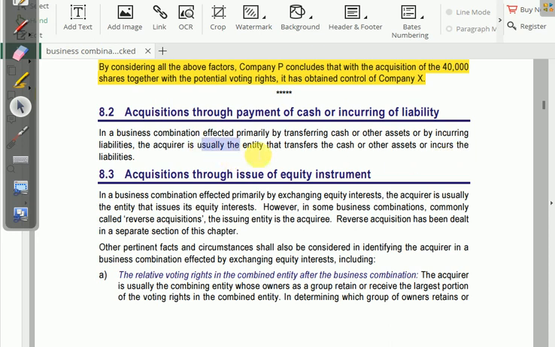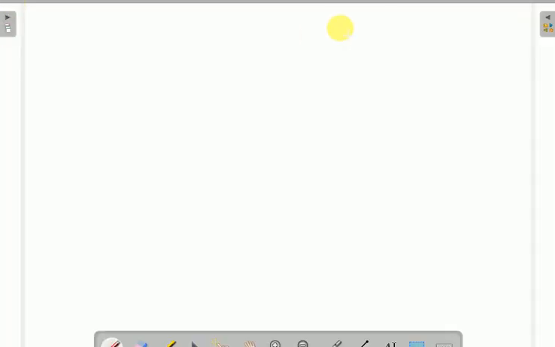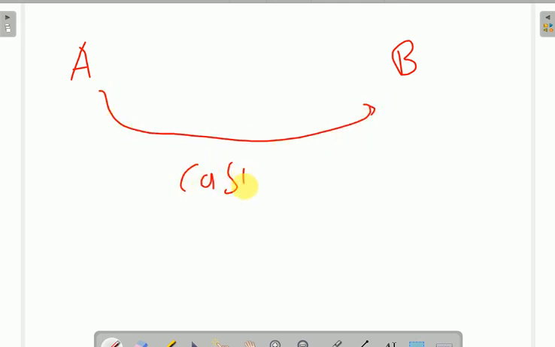यहाँ पर खास यूजुअली लिखा है, देखो, ए ने। इसमें भी आपको एग्जांपल के थ्रू समझाता हूँ। ए ने बी को खरीदा, तो ए ने क्या दिया? कैश दिया, शेयर्स दिए।